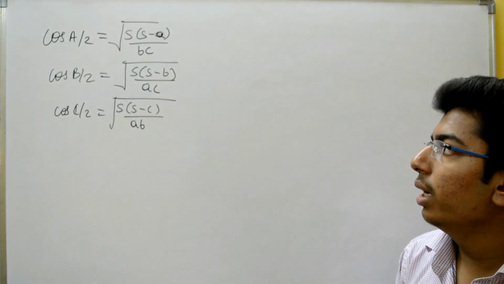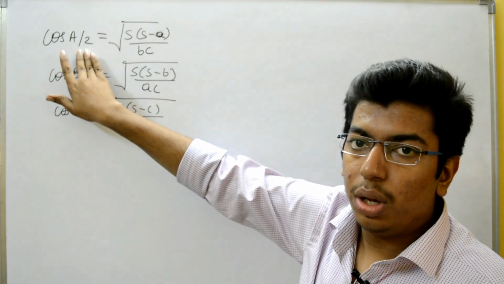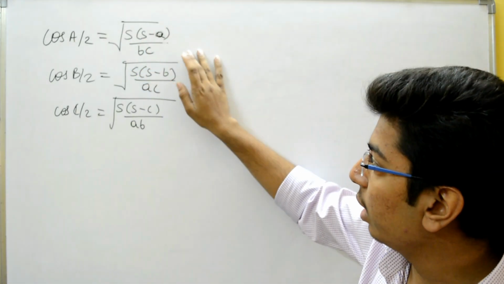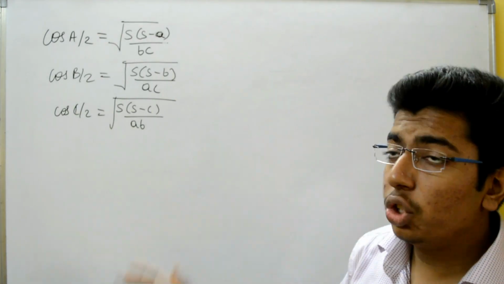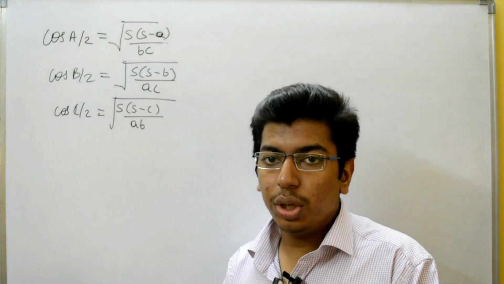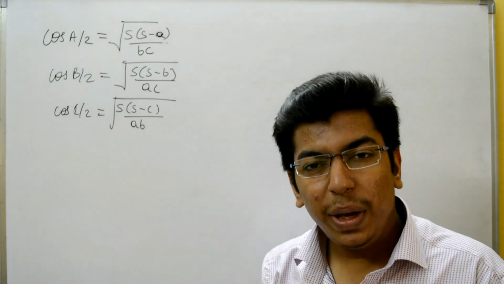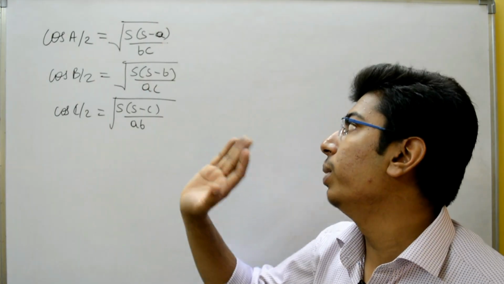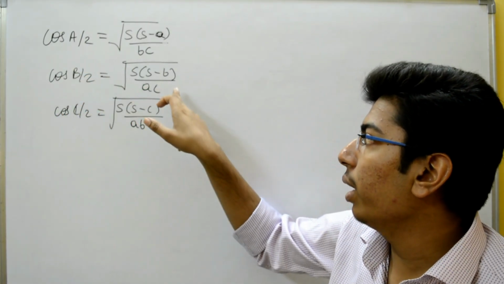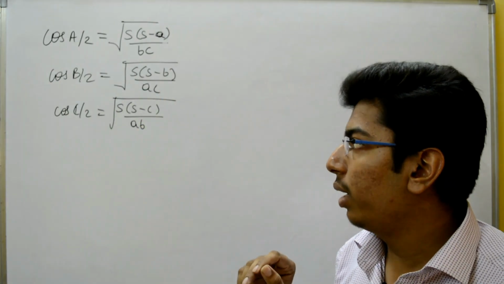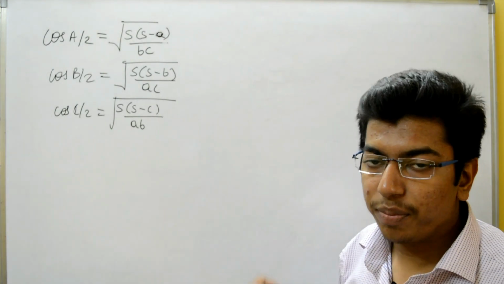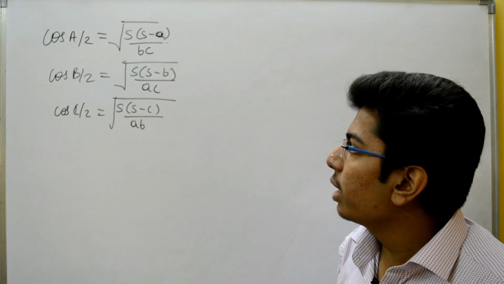अब हमने क्या करना है, अगर cos a/2 रहा तो s यहाँ पे जो है वो जो साइड है वो भी a आना चाहिए। देखिए यहाँ पर भी b है, यहाँ पर भी c है। और जो नहीं है, माने a है तो b और c तो नहीं है वो इसमें, तो वो b और c का जो प्रोडक्ट है वो डिनोमिनेटर में आना चाहिए। यहां पर b है, a और c नहीं है, तो यहां पर a और c का प्रोडक्ट आ गया। ये हुई उसकी ट्रिक। ओके, सो देयर इज अ ट्रिक टू रिमेंबर दिस फॉर्मूला। ओके, सो वी विल ट्राई टू प्रूफ देम।